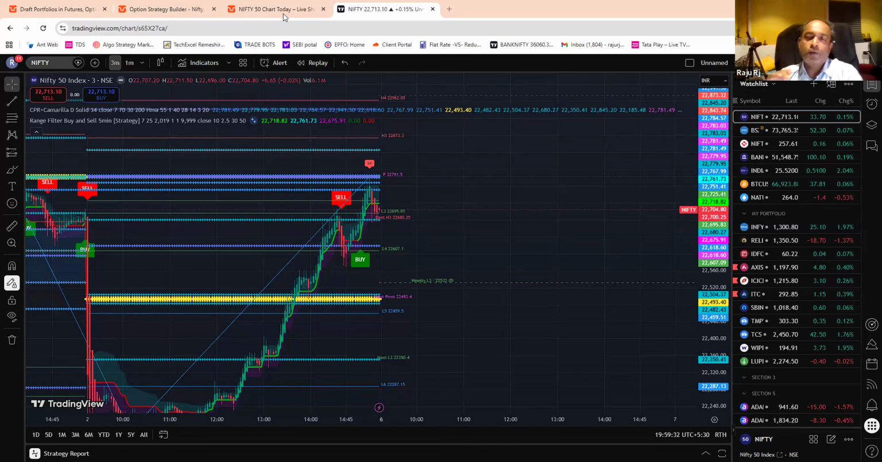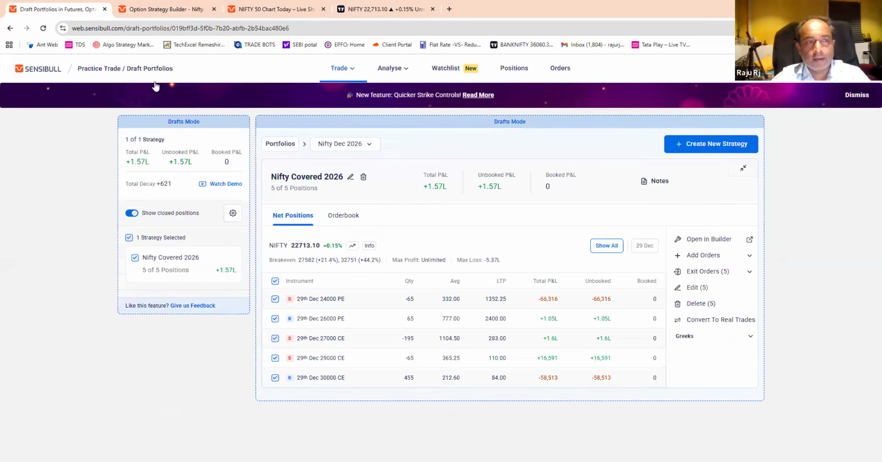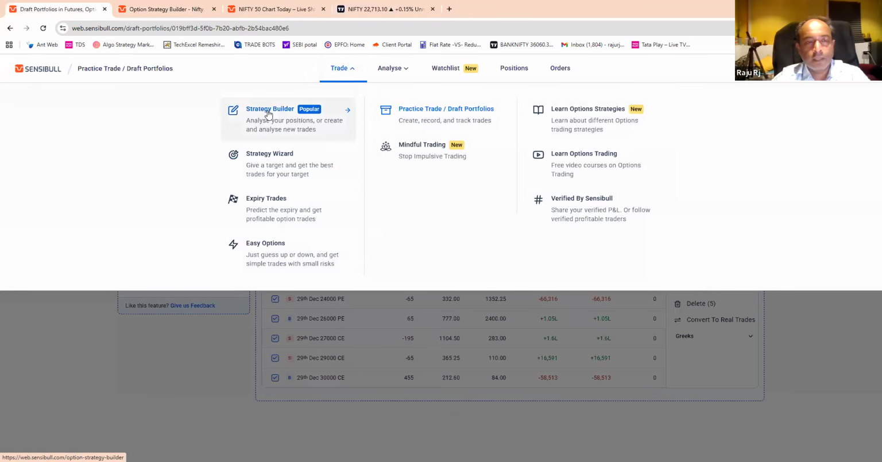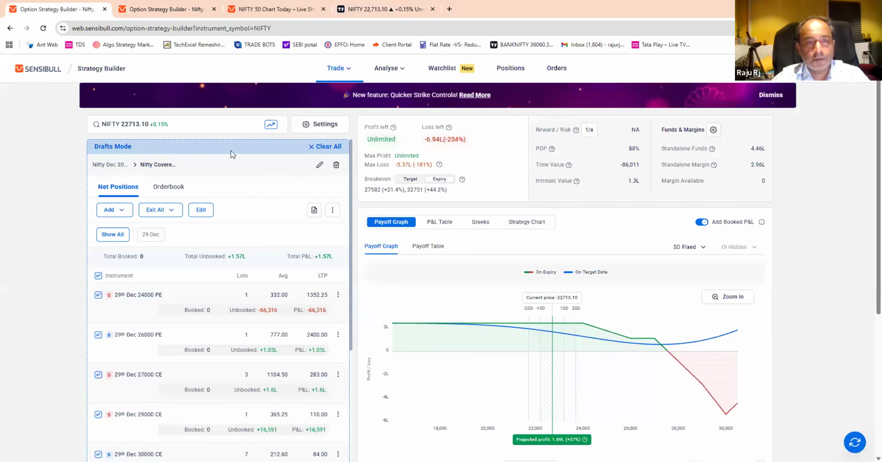Suppose, as I told you, Nifty. For every option, I will show you the delta. For every option, you will find a delta. So if you come to the strategy builder and choose